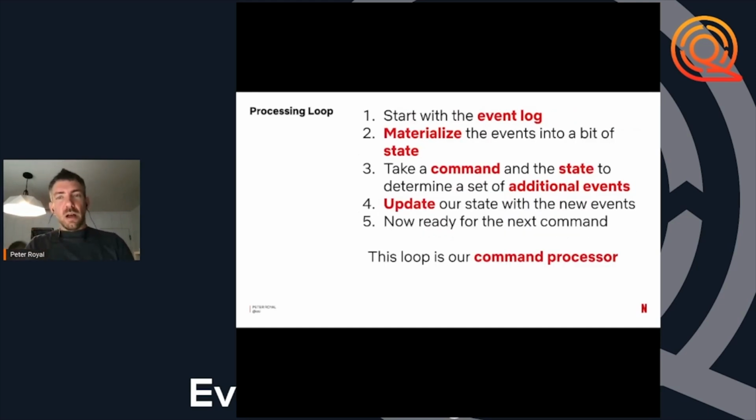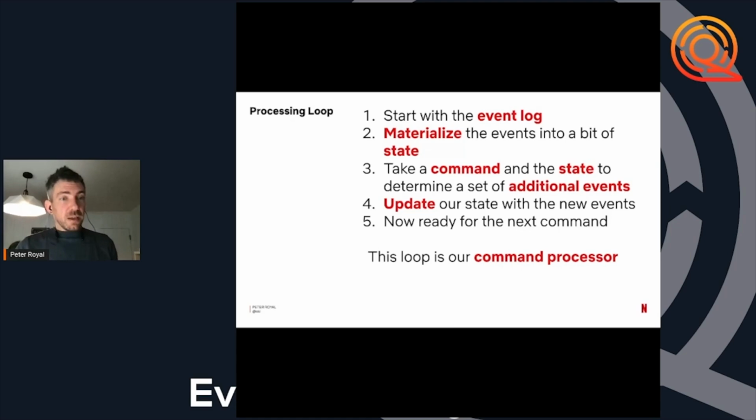And this gives us a core processing loop that can be the heart of the system. We start with the event log, which on day one is empty, but which has some set of events within the system. We materialize those events into the amount of state necessary to enforce that first category of business rules.